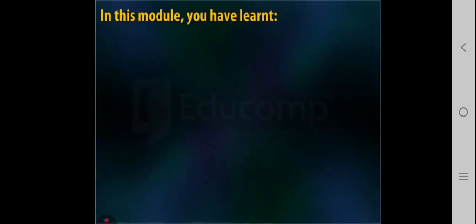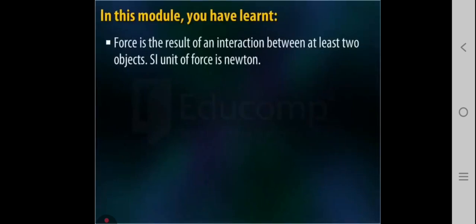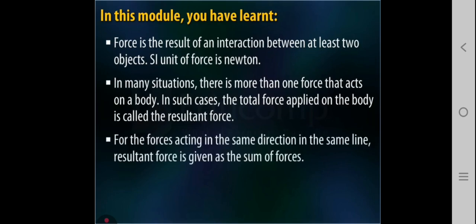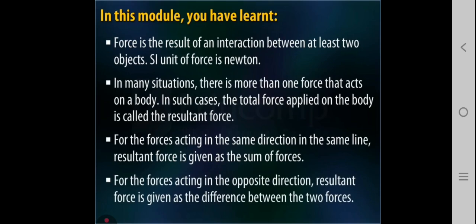In this module you have learnt, force is the result of an interaction between at least two objects. SI unit of force is Newton. In many situations, there is more than one force that acts on a body. In such cases, the total force applied on the body is called the resultant force. For the forces acting in the same direction in the same line, the resultant force is given as the sum of forces. For the forces acting in the opposite direction, the resultant force is given as